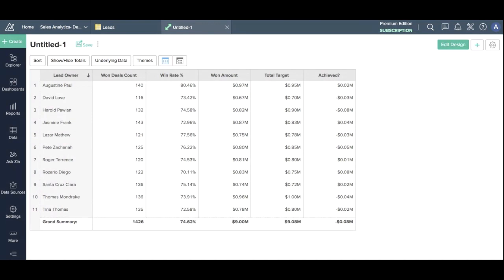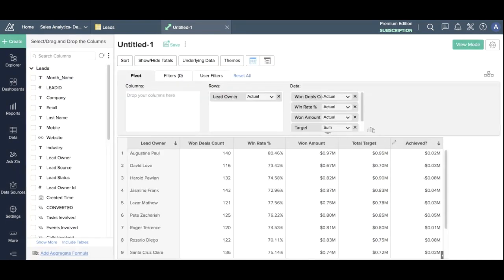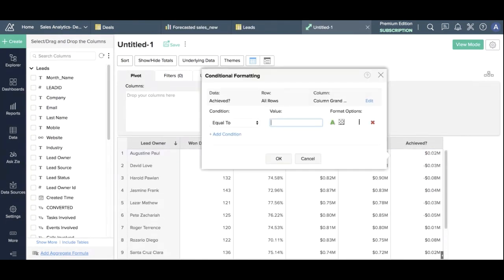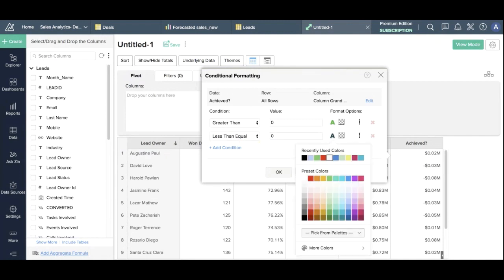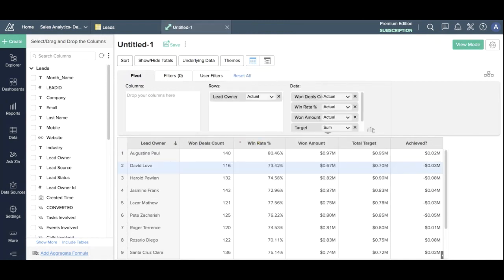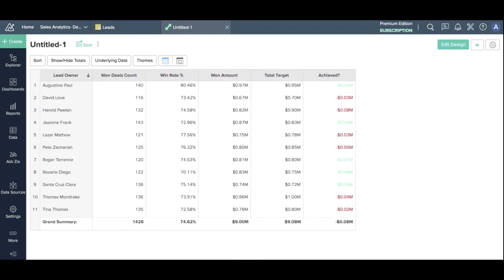For that, I'm going to use the conditional formatting in Zoho Analytics. To do that, I click on one of the figures and I click on conditional formatting. And in here, I say anything that's greater than 0, I color code in green, and anything that's less than or equal to 0, I color code in red. You have it right there on the screen. So those who achieve the targets are marked in green, and those who are yet to achieve the targets are